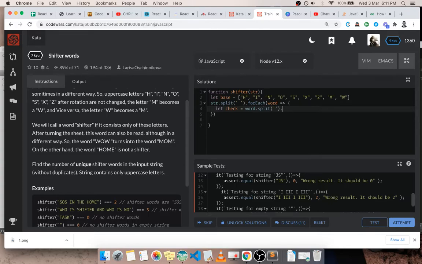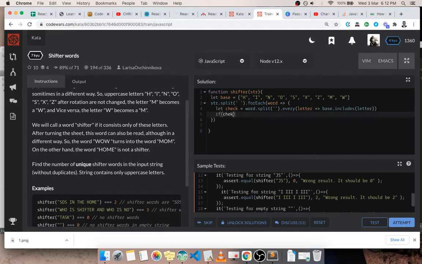I'm going to check, using the JavaScript keyword every, if every letter is included in the base, that is, if the base includes every letter. When you say every, it's going to loop through and return a boolean if every condition returns true. So remember, we're checking each character. If the check is positive,